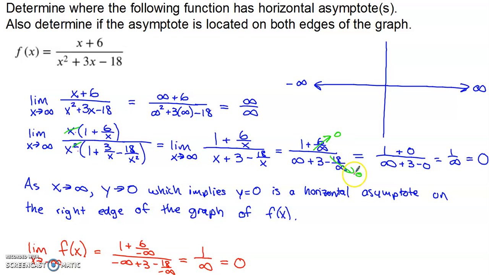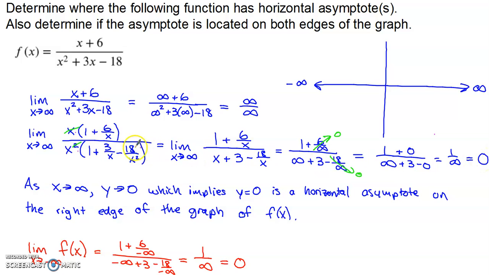So if these are tending to 0, I've got 0 there, 0 there. That's easy for the numerator. 1 plus 0 is just 1. In the denominator, I have infinity in this spot, right? I still had to replace that x with infinity. So infinity plus 3 minus 0. Well, if I'm at infinity and I add 3, I'm only growing more quickly. So that's still going to be infinity. And just like we said a few seconds ago, a number divided by infinity is always going to tend to